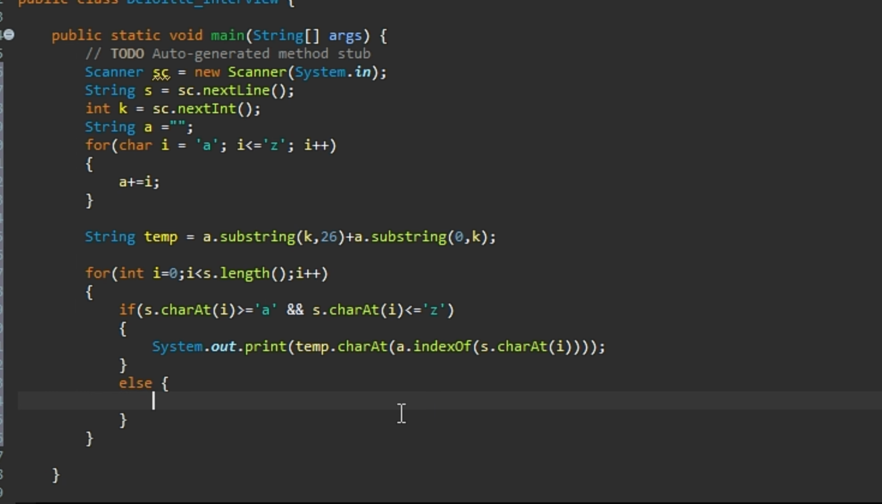In case of any confusion, please rewatch this part again. I hope you'll understand this. Spend some time with the code, you will surely understand this. Okay, so then else,